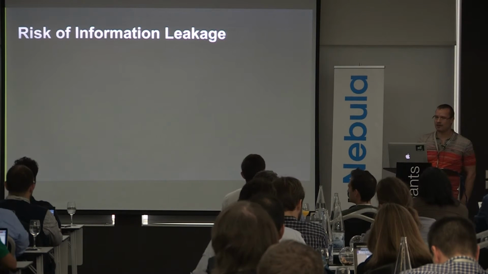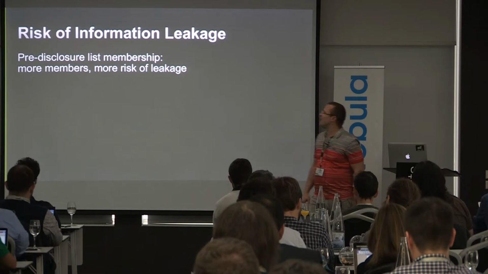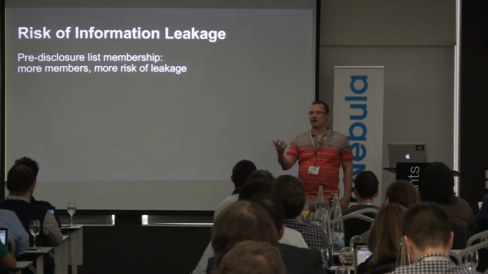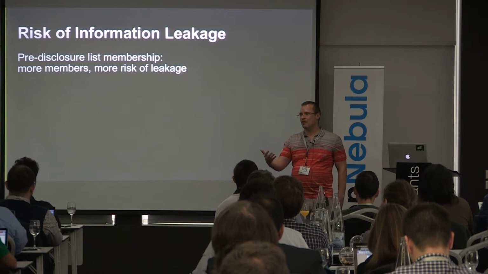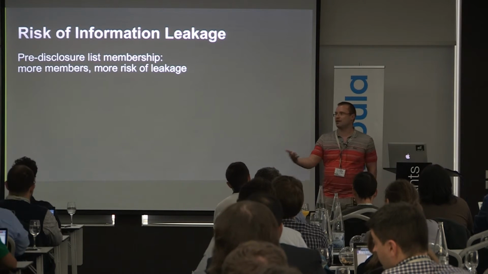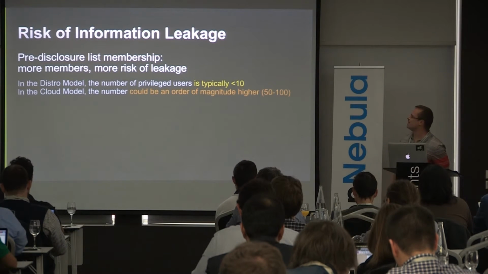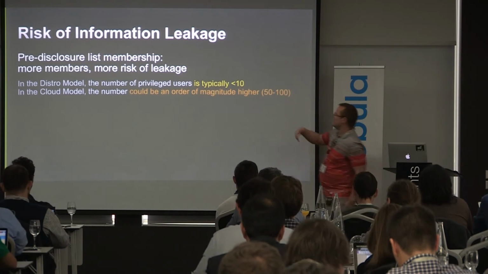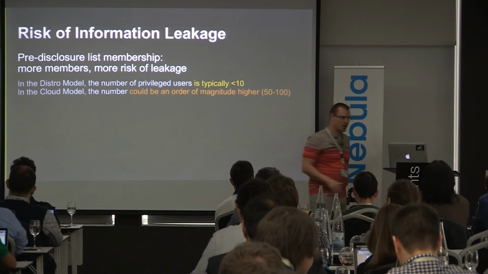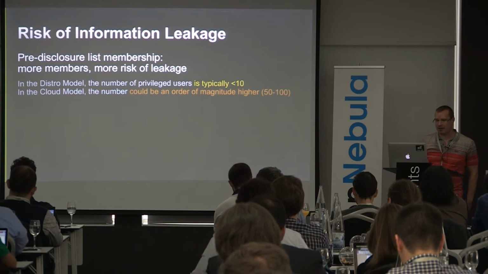The other one is risk of information leakage. If you look at your pre-disclosure list membership, I already mentioned, the more people you have on it, the more risk there is that somebody might leak that information to someone and does something with it. And that gives you the rationale why very conservative people tend to go for the distro model, because the risk is lower. The way we look at this is fundamentally,